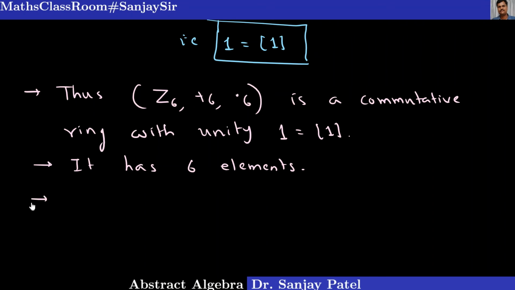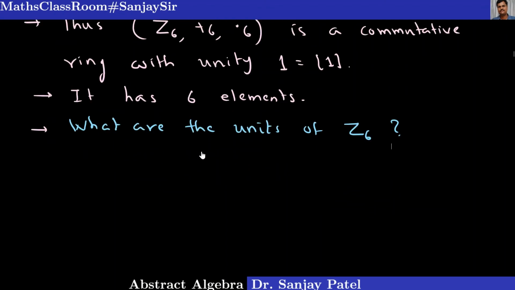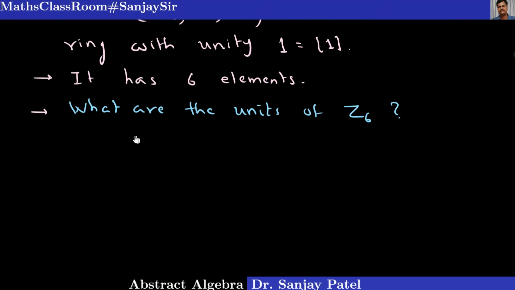Another important thing here, we want to understand what the units of this ring are. So my next question is, find the units. What are the units of the ring Z6? For the units, you take any non-zero element. Let class A belong to Z6, and the question you have to answer is: class A multiplied modulo 6 with what, to fill in this blank,